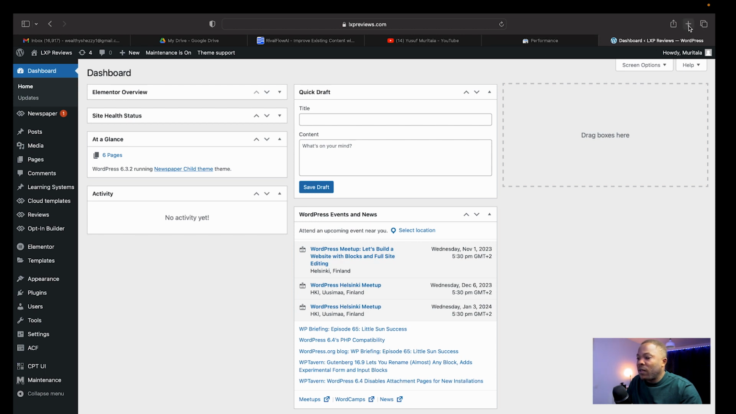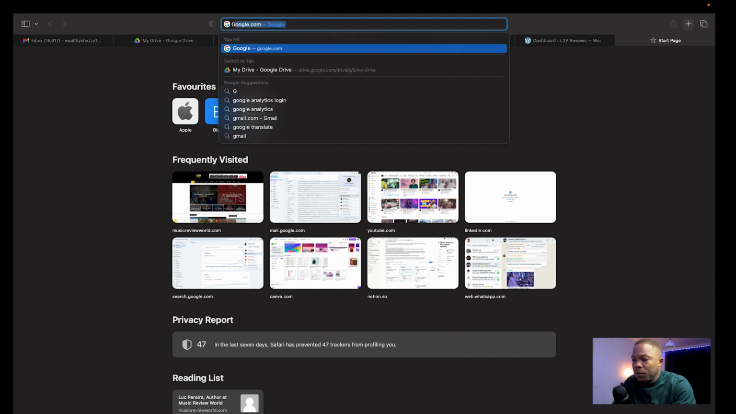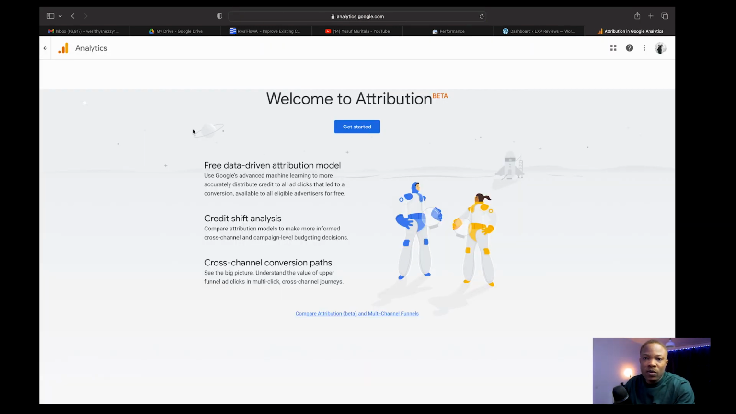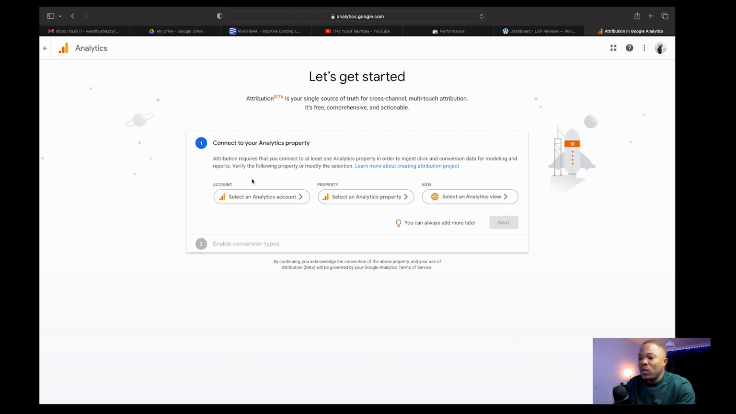And then the first thing we're going to do is to search for the login for Google Analytics. So the first thing we're going to set up is Google Analytics. So just stay with me, you will understand. So we're going to go to Google Analytics login, and we're going to just click it. So when you first open Google Analytics with your Gmail signed in, right? So you will see this information. So you just click get started, and then we will start to